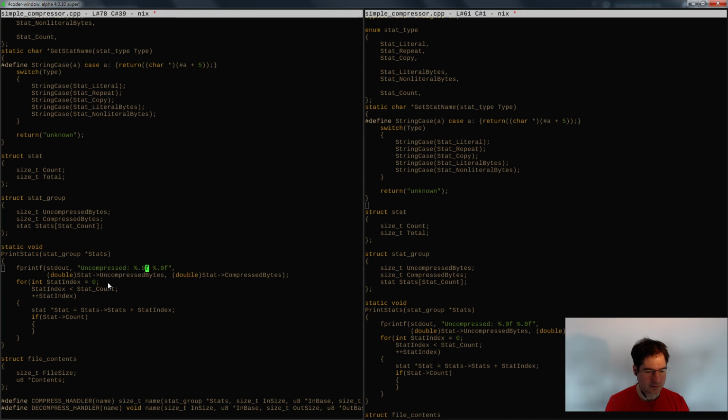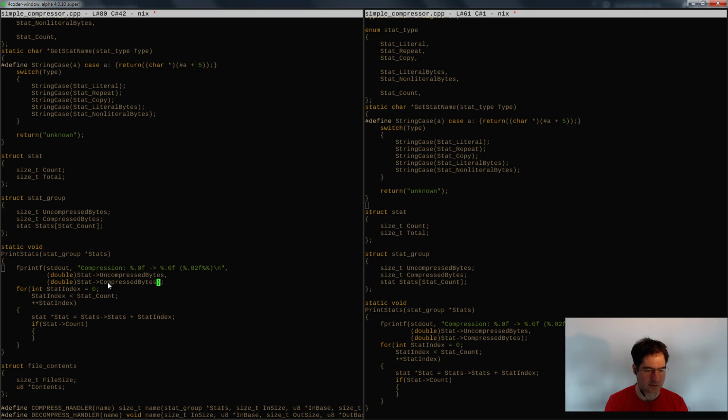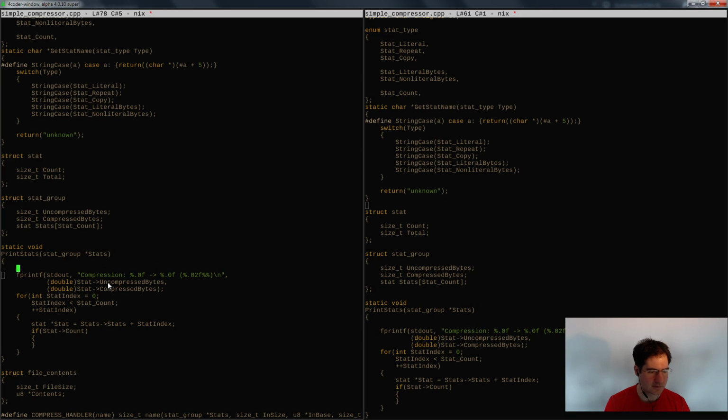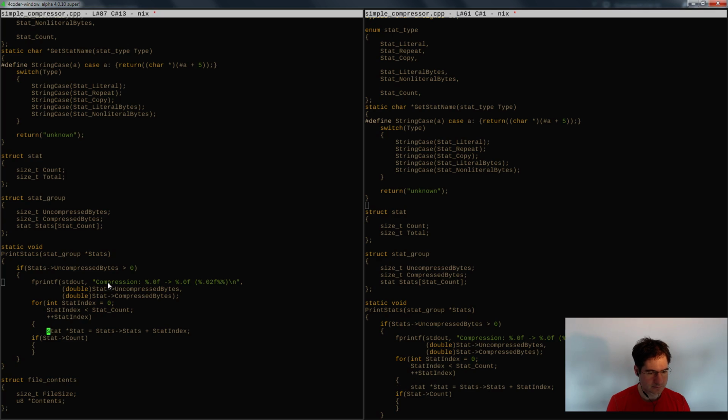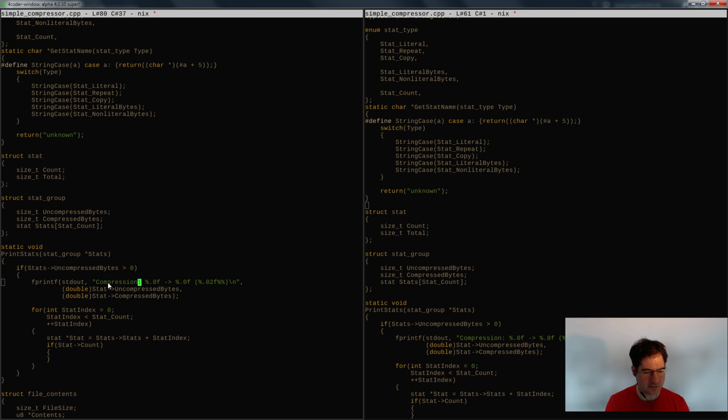So uncompressed, or maybe we'll do compression first. It went from here to here, and then we've got a particular percentage. So what I want to do here is say, all right, we've got a certain uncompressed size and then a certain compressed size, and yeah, I could say if stats uncompressed bytes greater than 0, then we go through and print them out. So we get our compression goes from whatever our uncompressed bytes were to whatever our compressed bytes were, and there's